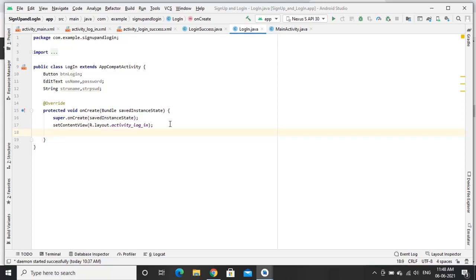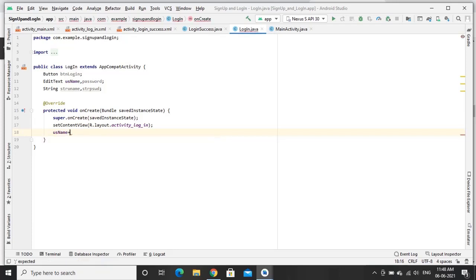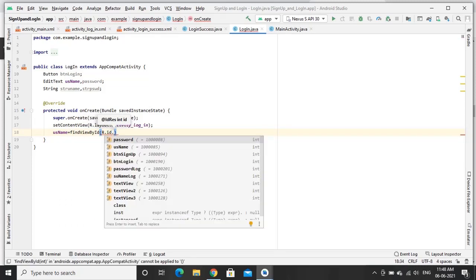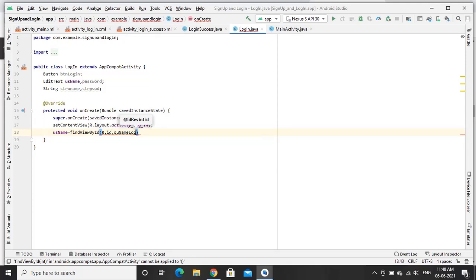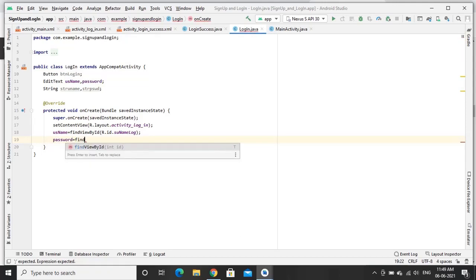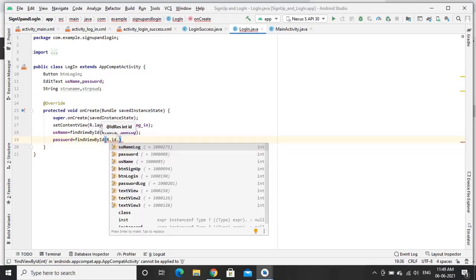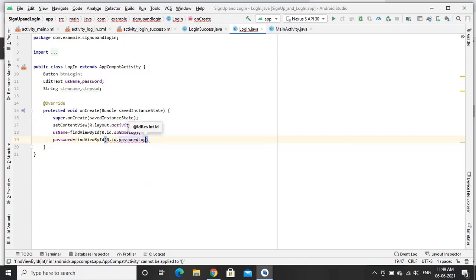First I have edit text, that is uname, equal to findViewById R.id. we have uname log, and we also refer for password, password log.